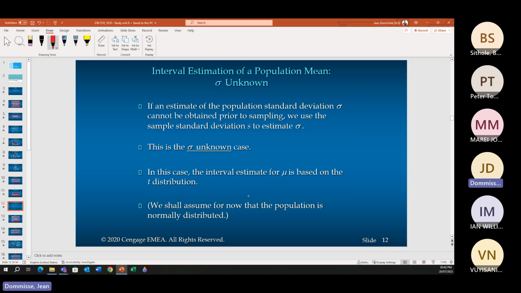So where it's unknown, and here you can see they would normally say to you your sample standard deviation. So instead of using the word population, they would use the word sample. Then you know that your standard deviation is unknown. Standard deviation unknown, we're going to use the t-distribution. I just quickly want to open up the study guide to show you also the t-distribution, where that is in